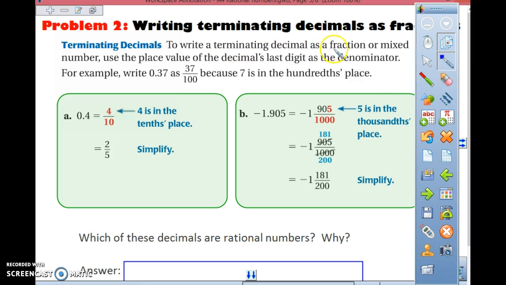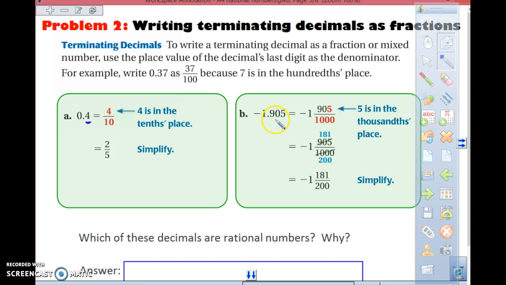Writing a terminating decimal as a fraction. Here's an example. 0.4, it stops, so it's a terminating decimal. When we read this, we could say 0.4, or we could say 4/10, because the 4 is in the tenths position. Going over to part B, this is negative